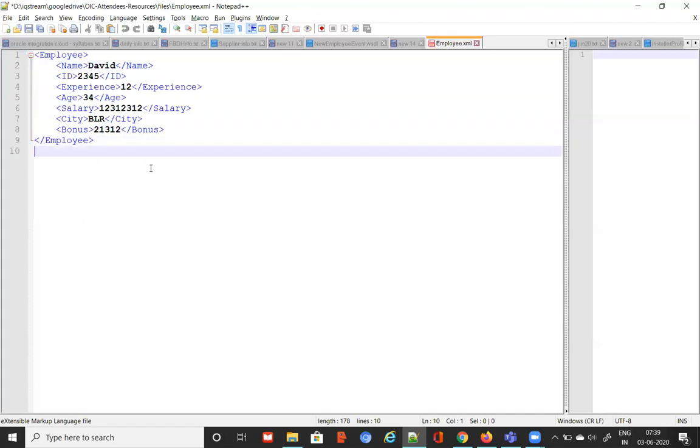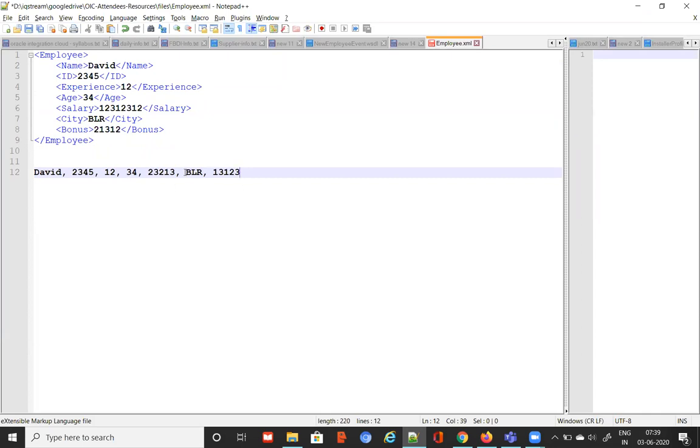For example, instead of this document, I can also send the data like this, correct? Let's say I'm sending like this. But the problem here is, with this employee record, if I pass it to somebody, how they interpret this data is not very clear. It's not obvious. Is this the name, maybe? Is this the ID, or is it something else? How do we know that?